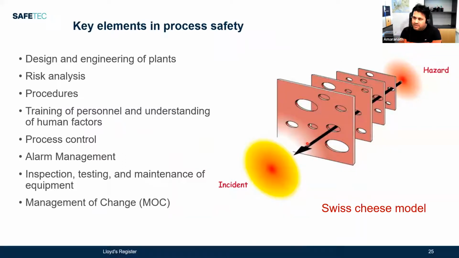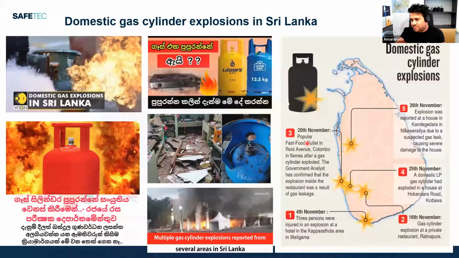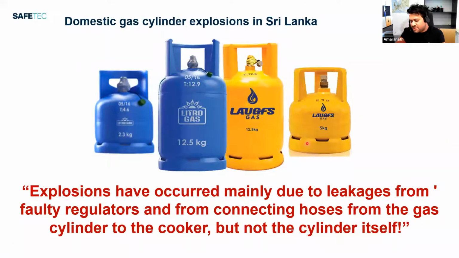So this is actually related to the last element, the key element in process safety: management of change. Why is it related to the management of change? It's because